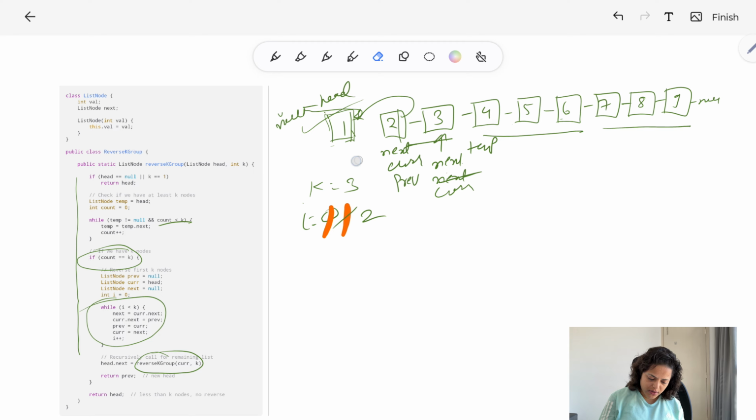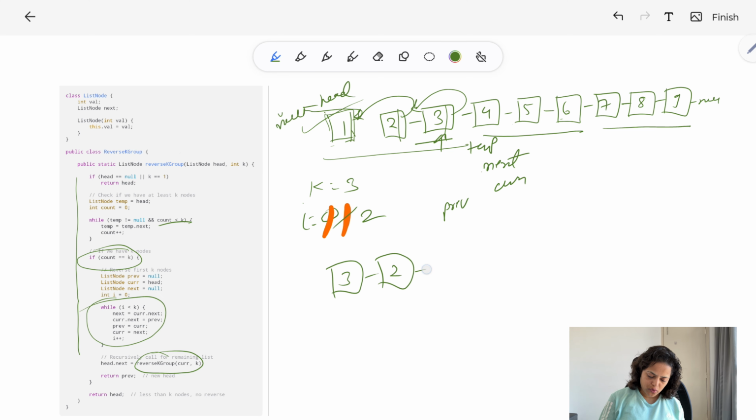Let me remove unnecessary code. Previous is now pointing to 2, and next and current are here. Again 2 is less than 3, so one more time this will run. Next equals current's next, current's next becomes previous, then previous equals current, and current equals next, so current shifts here. One by one they are shifting. Currently, if you see, you have a list like this: 3 2 1,